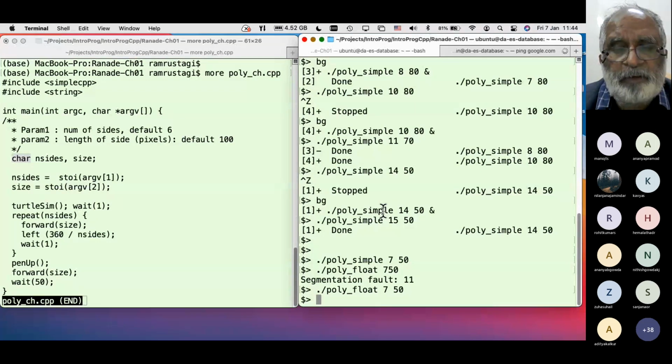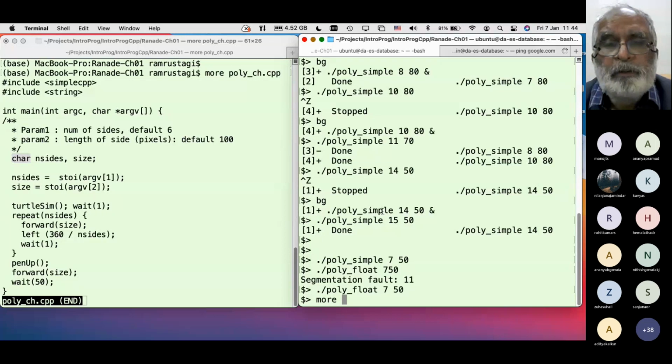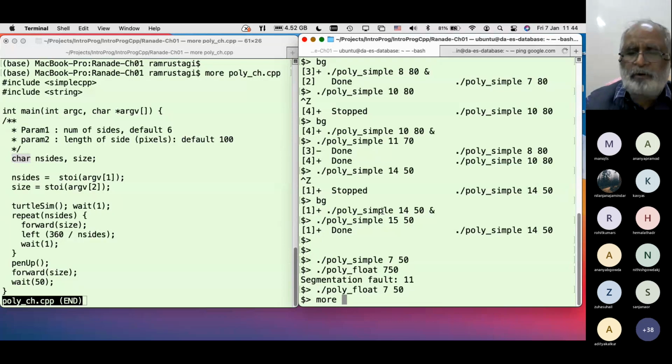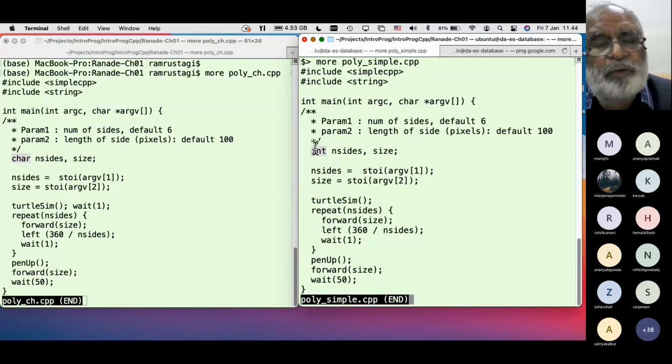If you look at the previous program, you see this is the only change. I defined something here, and something here, and I talked about how this stores a value up to 8 bits, and this stores a value up to 32 bits.